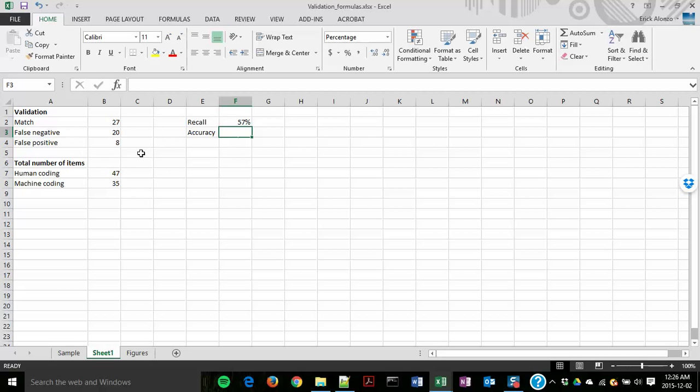Now for accuracy, you're gonna again do the same thing, but with different cells. So you're gonna select the number of matches, and you're gonna divide it, and with division, you insert a / as a sign of division, and then you select machine coding, press enter, and now you